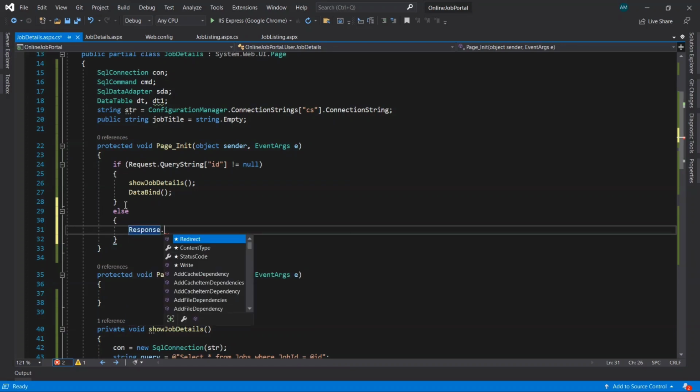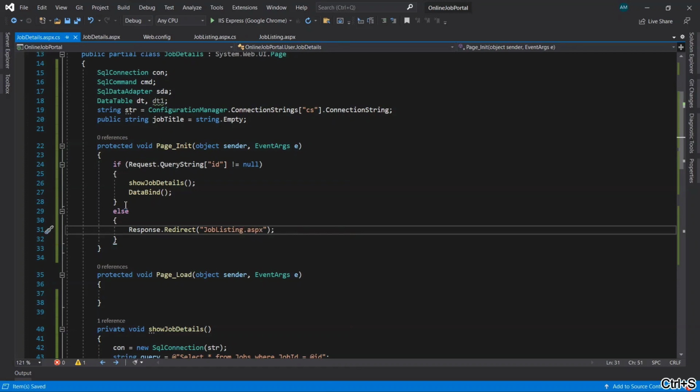Response dot redirect, that is job listing dot aspx. Save it. Yes, the page name is right. Save it.